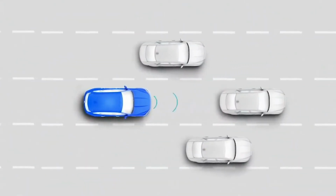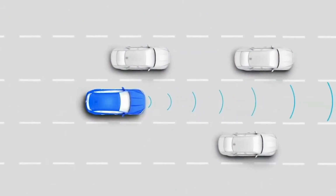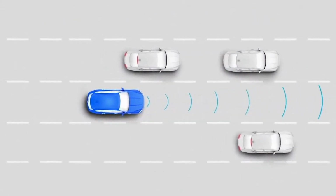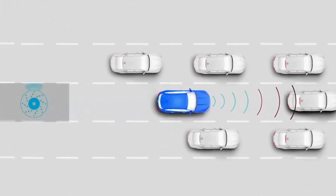The adaptive cruise control on HSE automatically maintains a safe distance from the vehicle in front and matches its speed all the way down to 0, so it can be used through stop-start traffic and congestion where